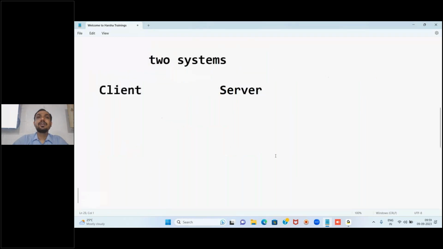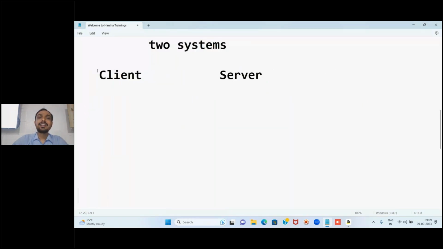So now, client system and server system. What exactly happens here? What is the client system? That is a system at our local. I mean, that local system is the one with us. It may be a mobile device, or it may be a tablet or desktop or laptop, anything. But that is with us. And the server system, in the same example, you take Gmail. The Gmail server may be at some Google place, Google office, assume. So that is at some other place.